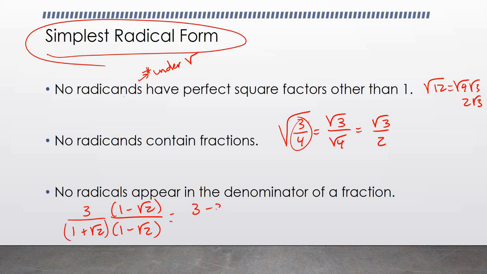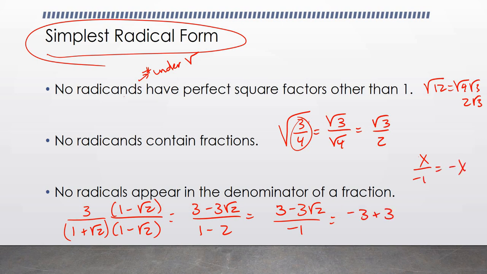In this case, I have to use a conjugate because it's a binomial. Distribute the top. The bottom is 1 minus 2. So I get 3 minus 3 root 2 over negative 1. And as with any fraction, if I have something over negative 1, I can just change it to negative on top. So negative 3 plus 3 root 2, I changed both signs, and I've taken care of things. I know there's a lot,